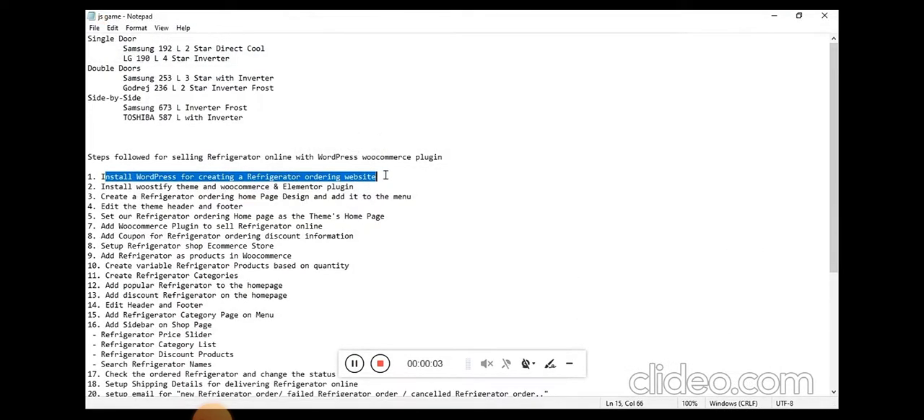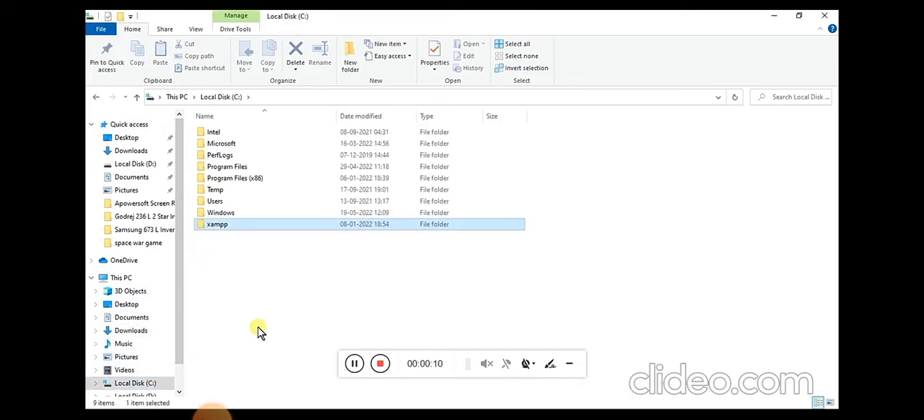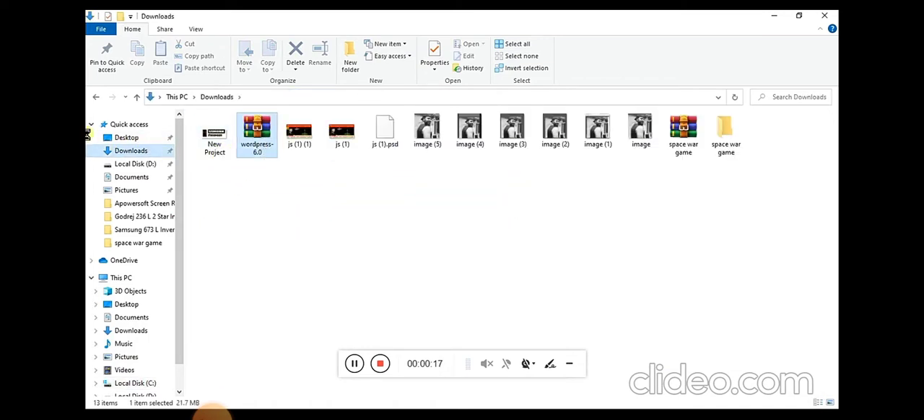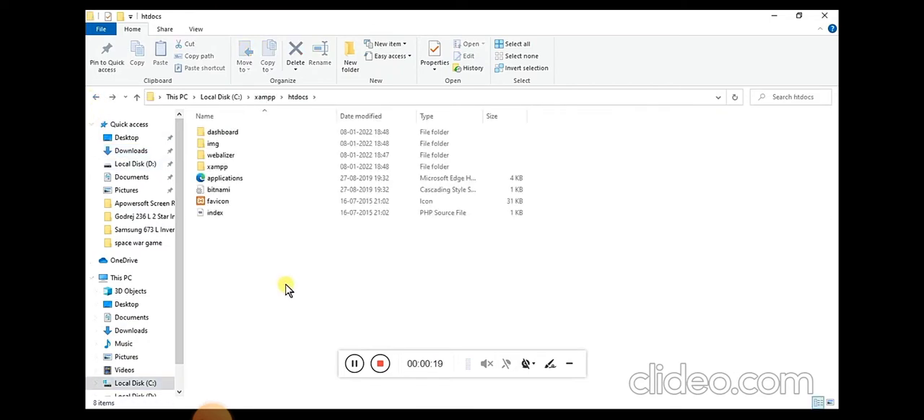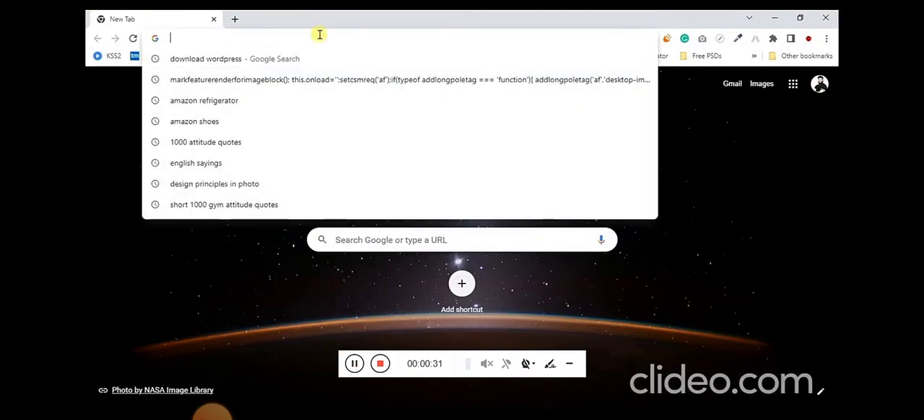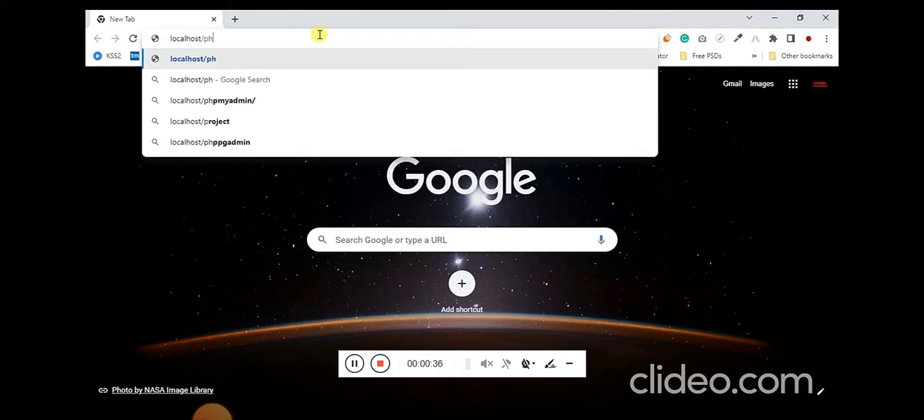So let's start by installing the WordPress. Our latest WordPress is WordPress 6. It's available, I have placed it on the XAMPP htdocs. I have downloaded the zip file, pasting it and extracting it. Extract it. So you will be getting the WordPress folder. This WordPress folder acts as your website, so you can access this using localhost /